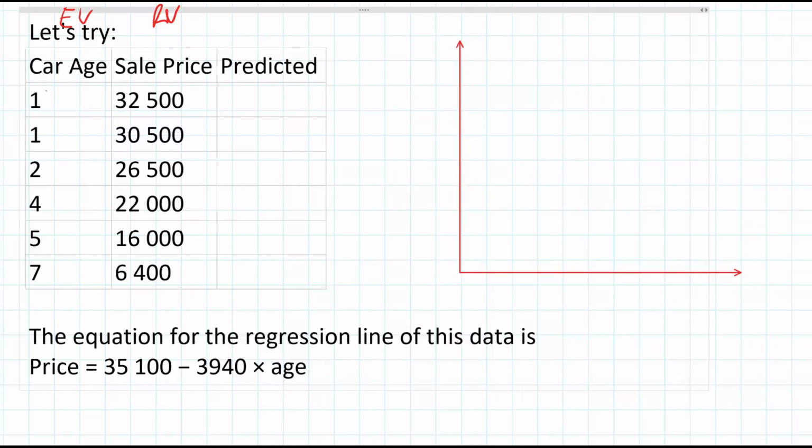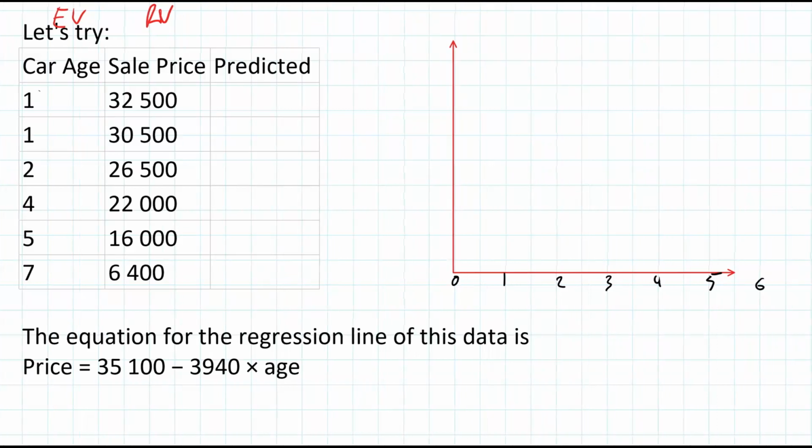So I'm going to have, this is 0, 1, 2, 3. Oh, let's spread it out a bit more. I'm going 0, 1, 2, 3, 4, 5, 6,